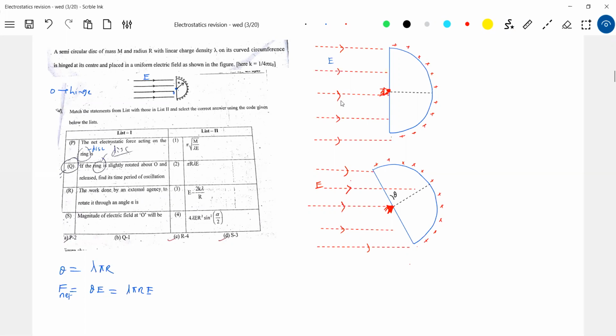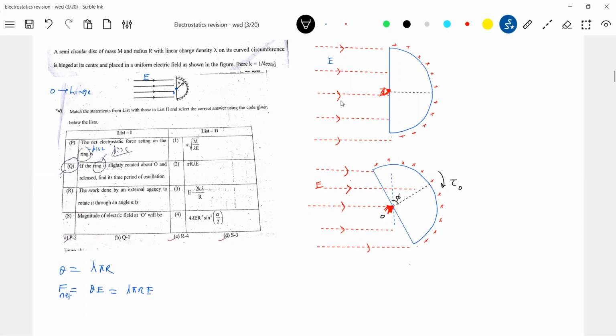Okay, now we'll get into the next part of our problem. I'll slightly rotate because it's asking the time period of oscillation. So let me take help of this diagram. This will help us a lot. So I gave some small angular displacement phi. Then I want the torque. Will there be any torque acting? A restoring torque will act. The angular displacement phi was given anti-clockwise. A restoring torque will act in this direction about O. So that torque we will find out, and we can get the time period of oscillations.